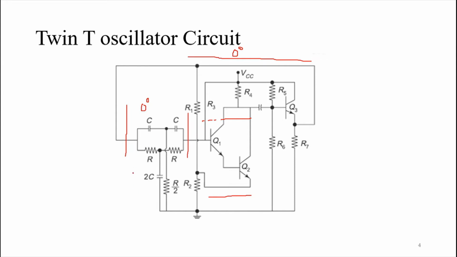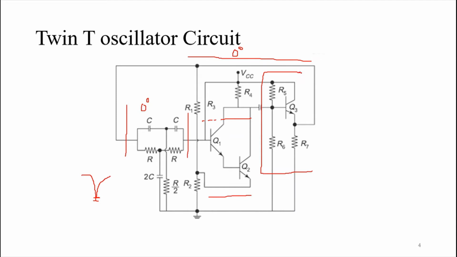When we look at the resonant frequency of this twin-T network, you can see that the notch response was at 0. Actually it is the idle condition, but you will be having some amount of signal passing over here. This signal has to be increased in terms of its current, so that is why we go for a Darlington amplifier over here. And then further, there's one more amplifier that is used in the circuit.